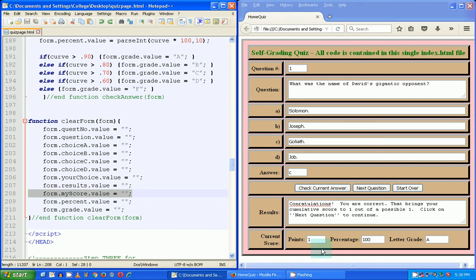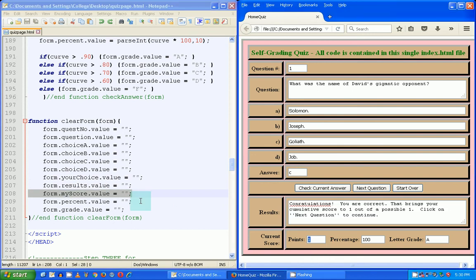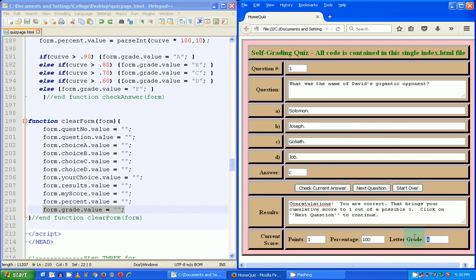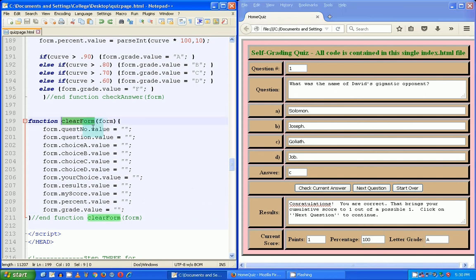My score value, right here where it says points, is going to disappear. Percent value is going to go away. And grade value here, the letter grade, is going to all disappear. And that's going to disappear. Clear form